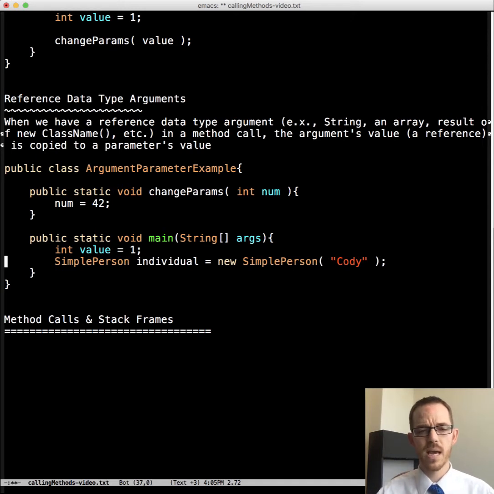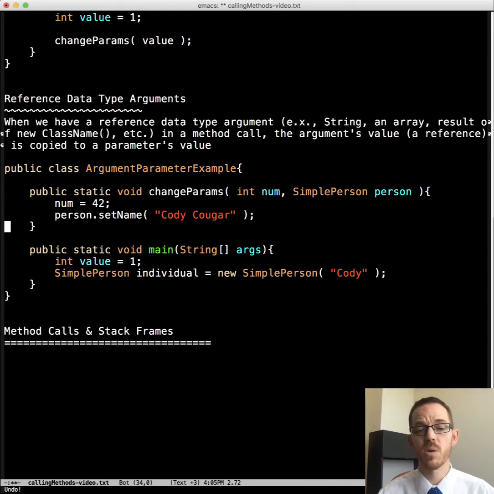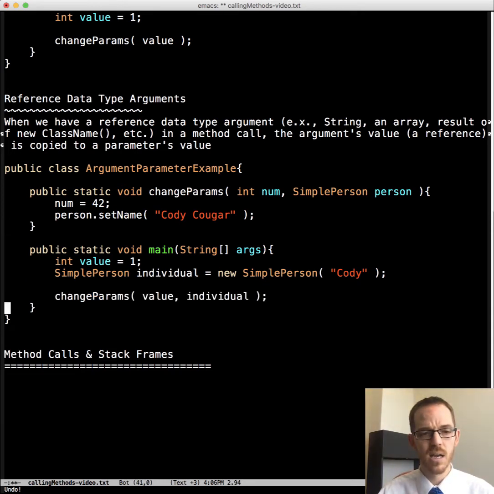Here we've created a new individual. So value is a primitive data type because it's an int. And individual is a reference to an object of type SimplePerson. Now if we change this so that we add SimplePerson to the changeParams parameters here, we could do something with that, for example, call setName on there and change Cody to Cody Cougar, giving it a new string here, and then we can call it passing individual as well.